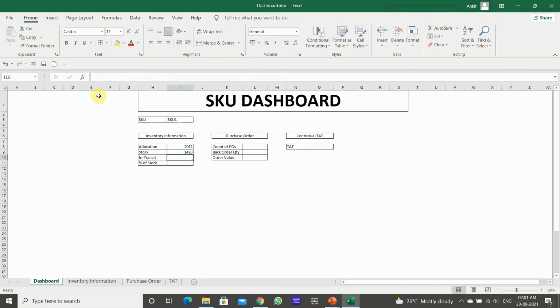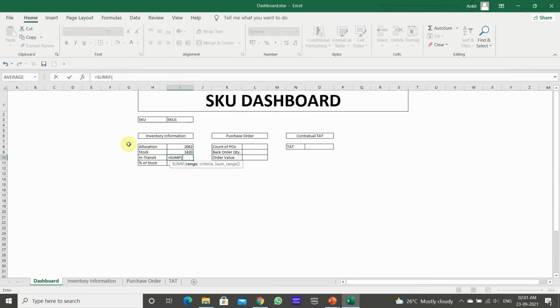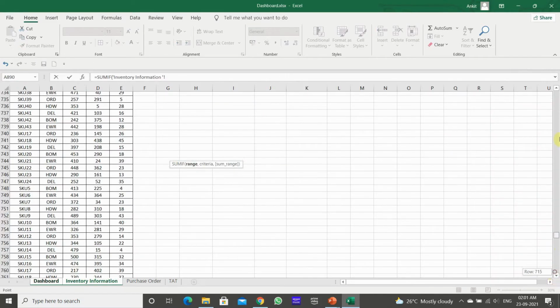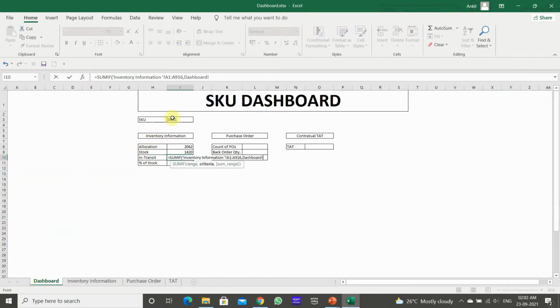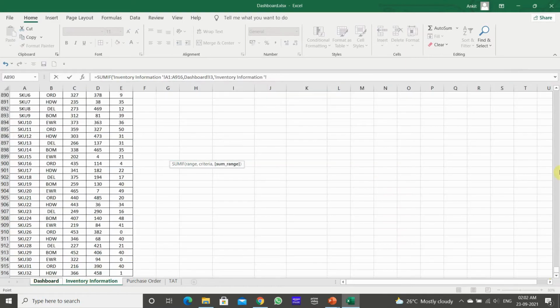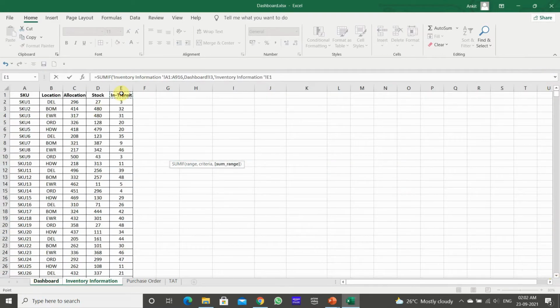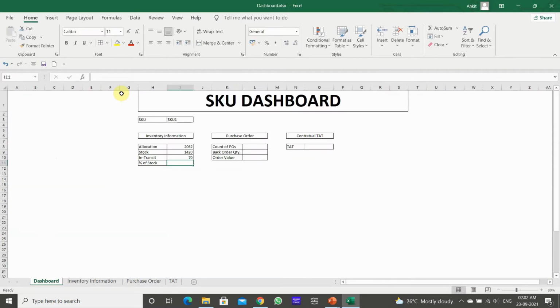Close. Similarly for the transit, the range is SKU, then criteria, go back to dashboard and select the SKU1, and the sum range is for the in transit quantity. Select the in transit quantity, close.